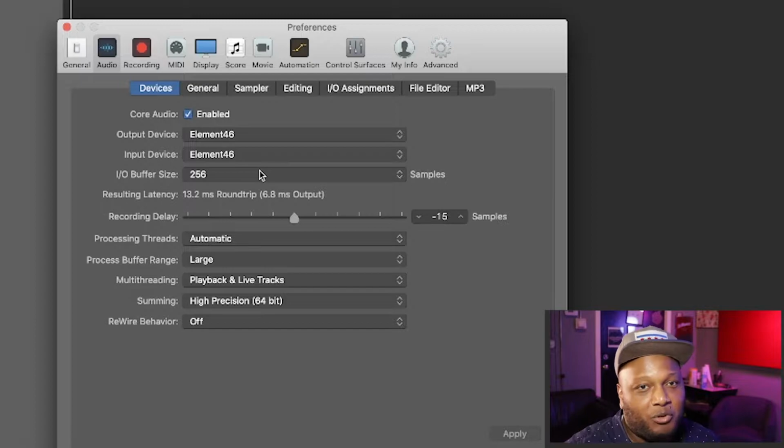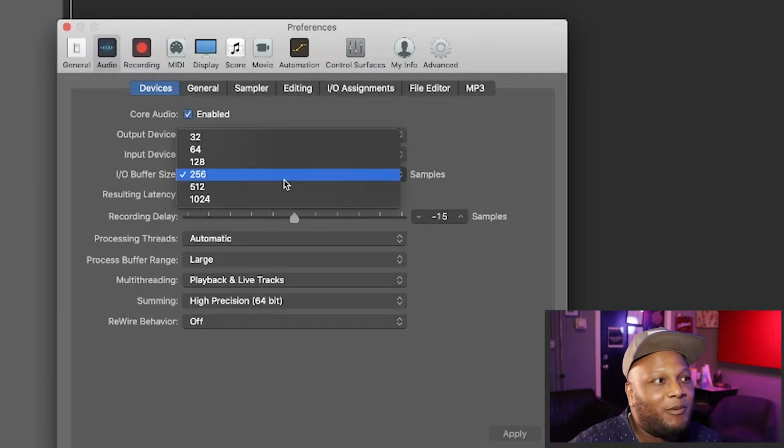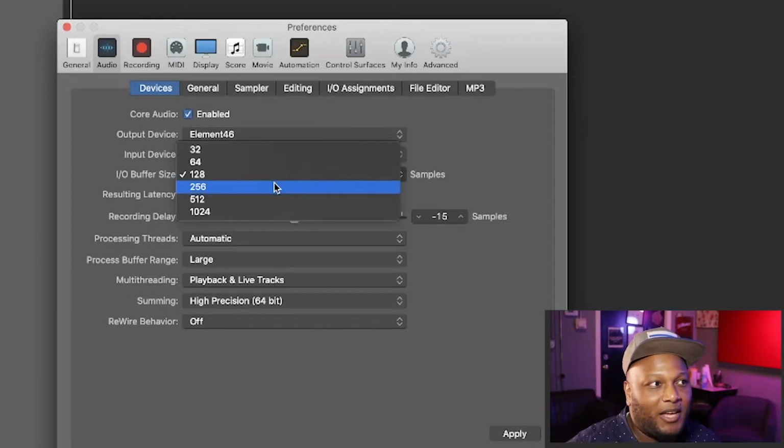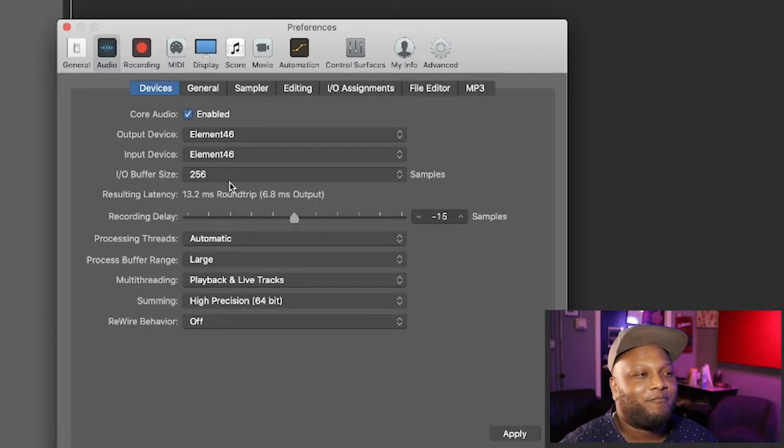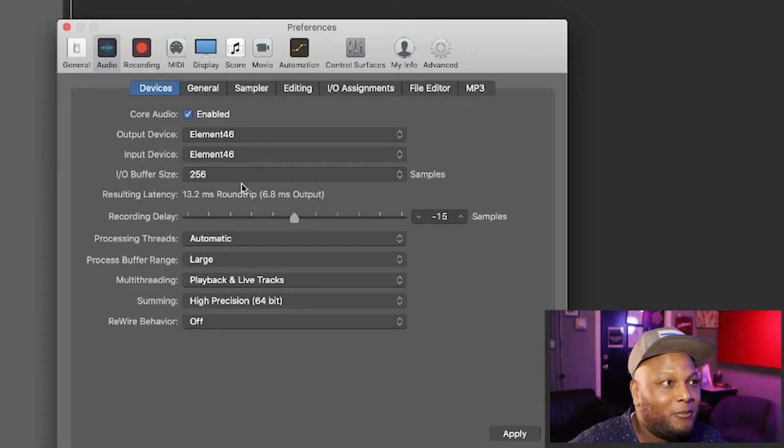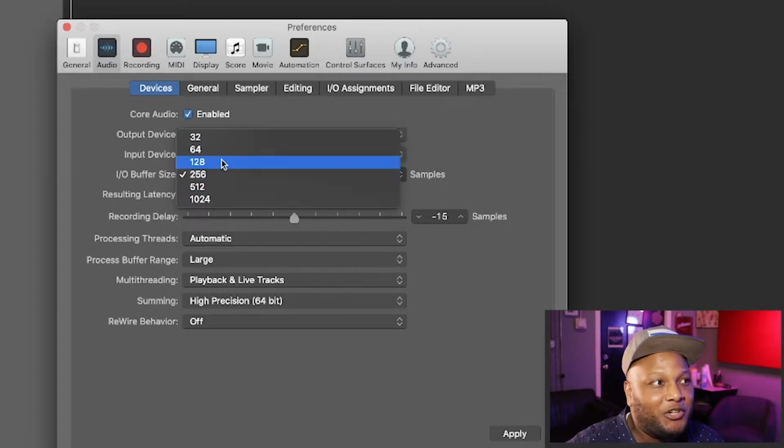Next, just a rule of thumb, buffer size, you probably want to keep this as low as possible without hearing any clicks or pops while you're recording. Record at a lower buffer size if you can. If you hear clicking or popping in the recording, you probably need to increase the buffer size a little bit, but doing this will increase latency. We could talk about latency in another video, but for intents and purposes,